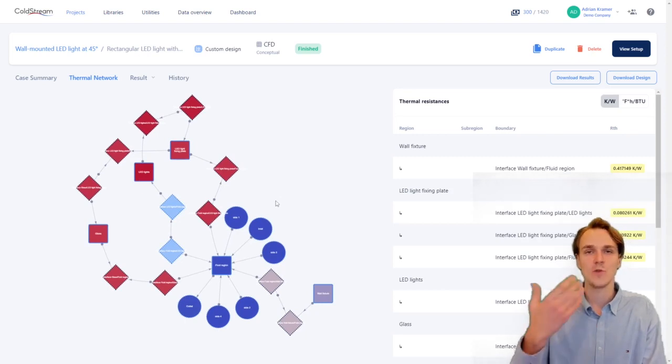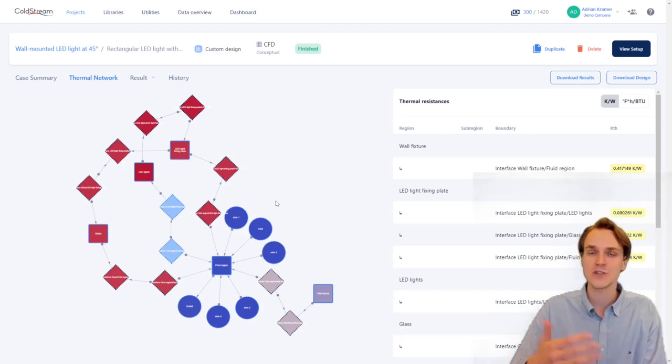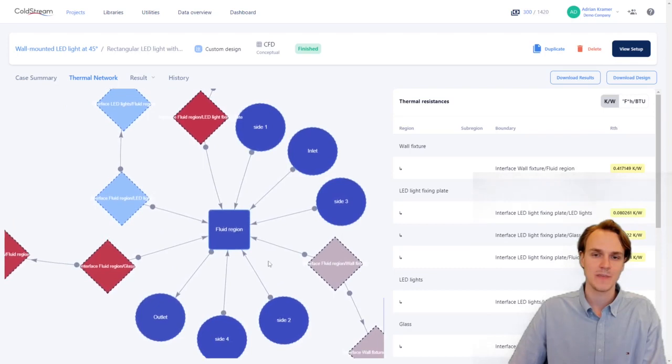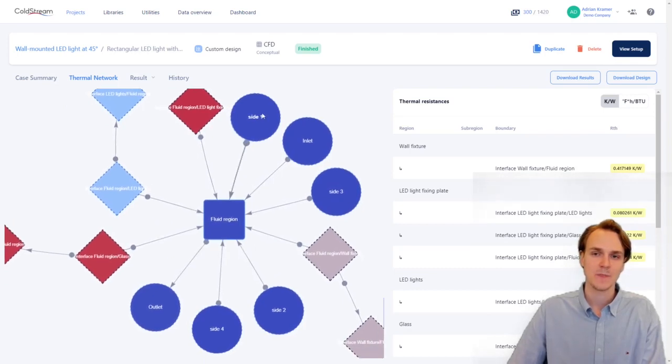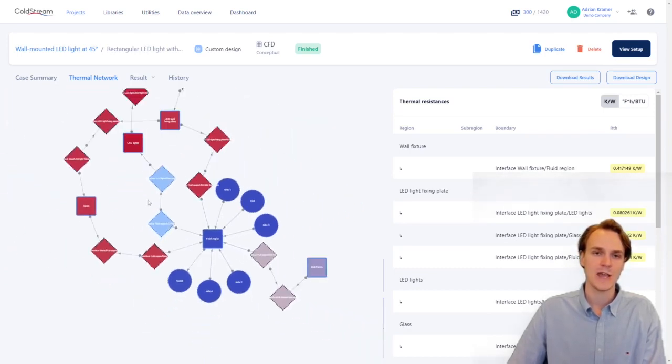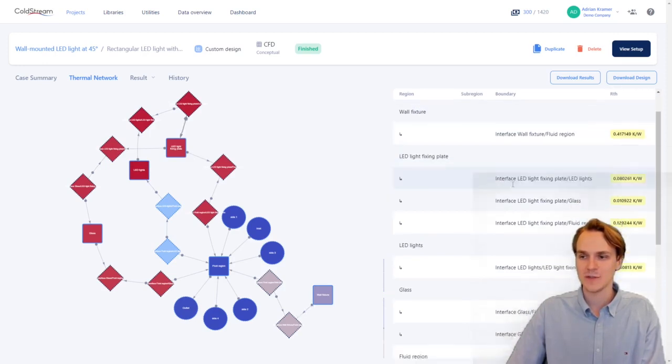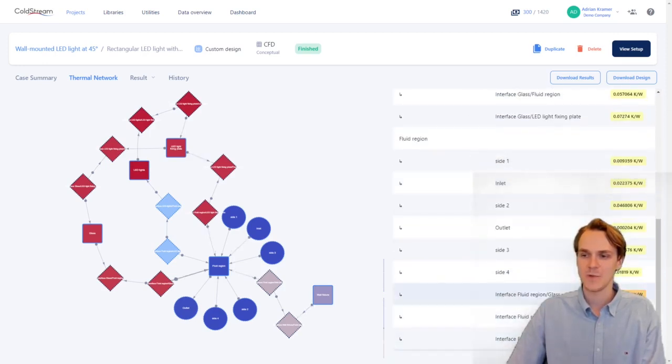So actually, whenever you upload a CAD geometry to ColdStream, thermal interfaces between any of the parent regions that touch and the remaining boundaries, they're created automatically. So for example, here we see the fluid as the parent with all the boundary conditions. And what we actually can do quite nicely is trace from the heat source how the heat dissipates through the entire application. And on the side view here, we have the thermal resistances of that